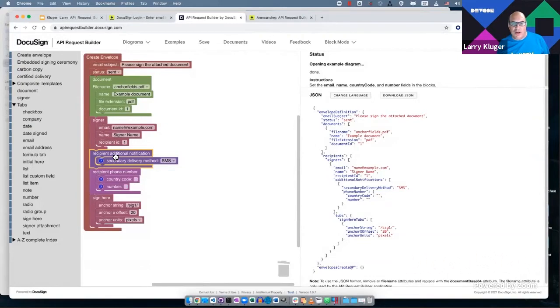Now, what happens here, here's recipient additional information, additional notification. And the object, so that's this right here, the object is added as one of the items to the additional notifications array. But the name of this object is not simply additional notification, singular. Rather, the name of the object is recipient additional notification. And so